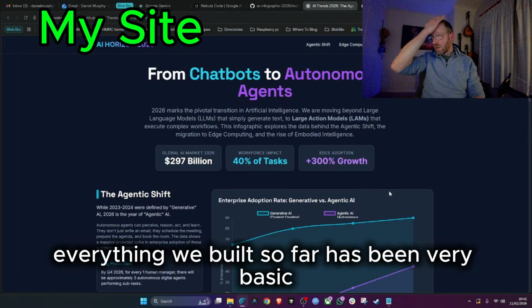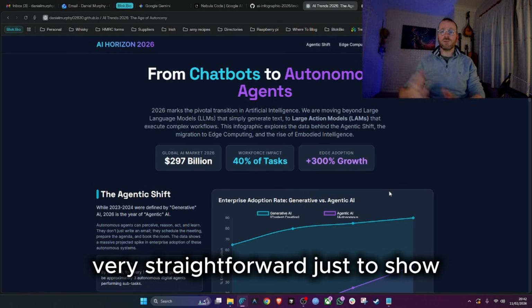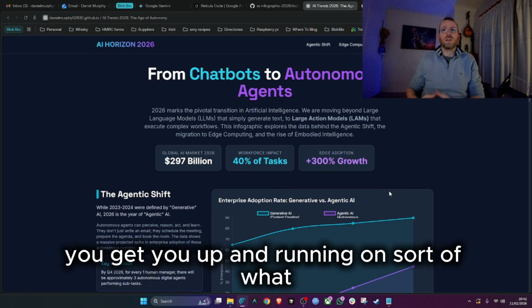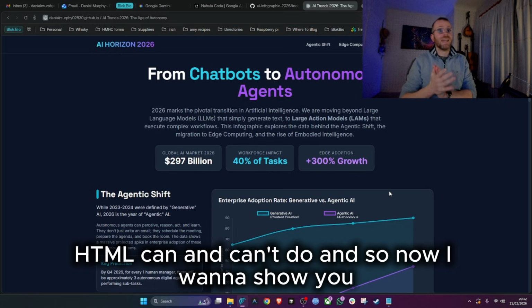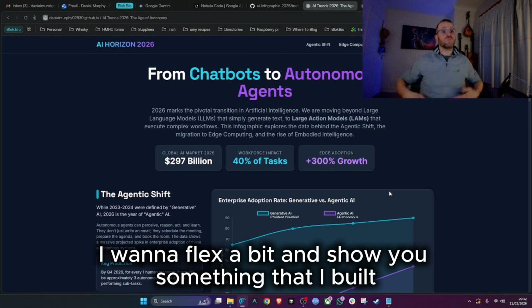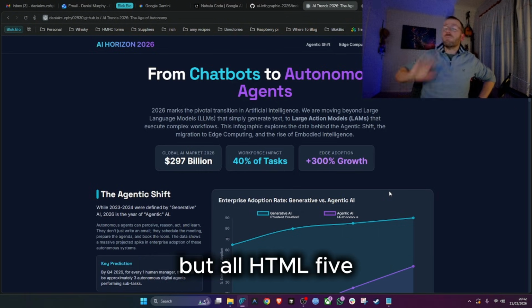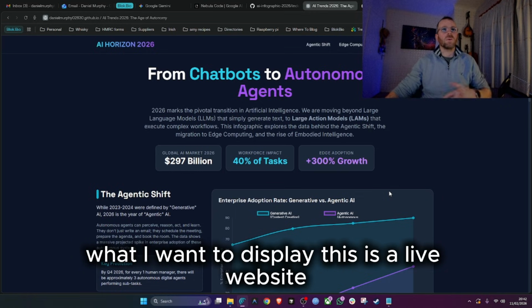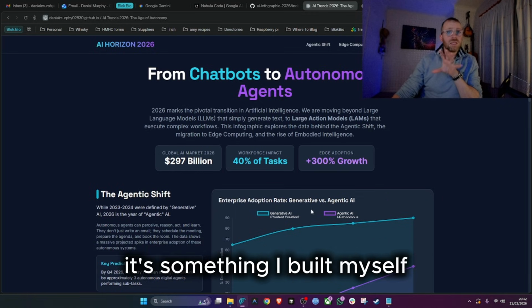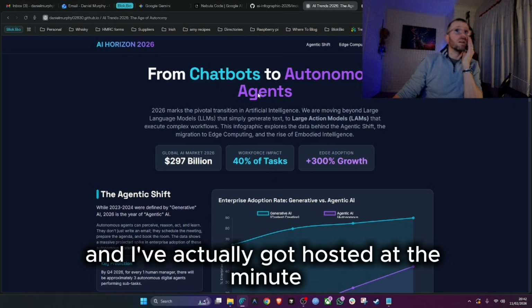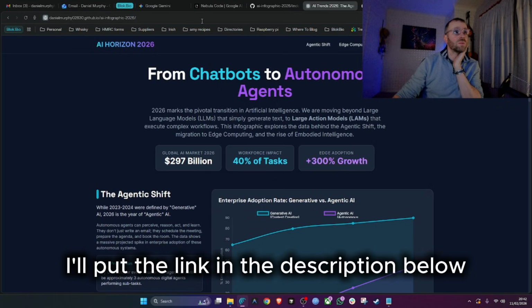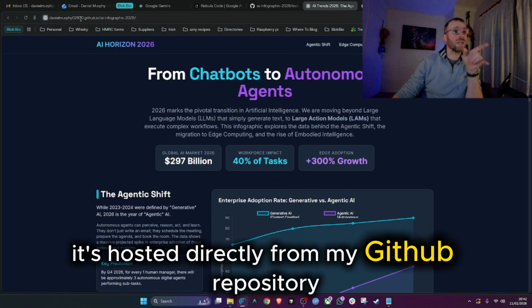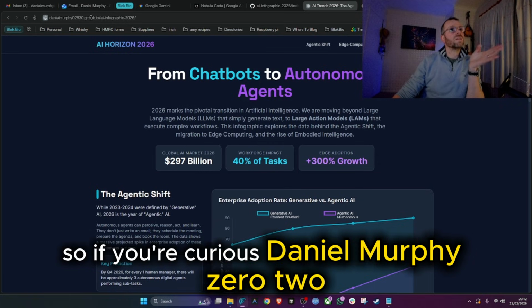Everything we've built so far has been very basic, very straightforward, just to get you up and running on what HTML can and can't do. And so now I want to flex a bit and show you something that I built using a code editor, but all in HTML5, and I've edited it and adjusted it for what I want to display. This is a live website. It's something I built myself, and I've actually got it hosted at the minute. I'll put the link in the description below, but it's hosted directly from my GitHub repository. So if you're curious,